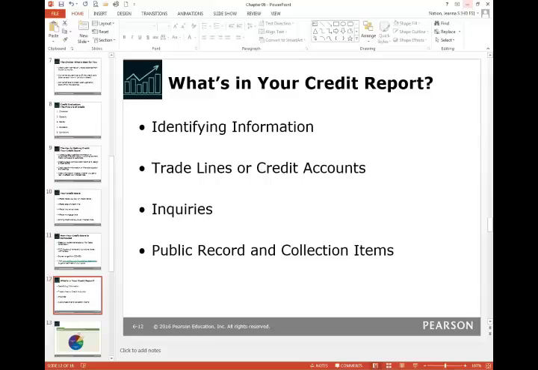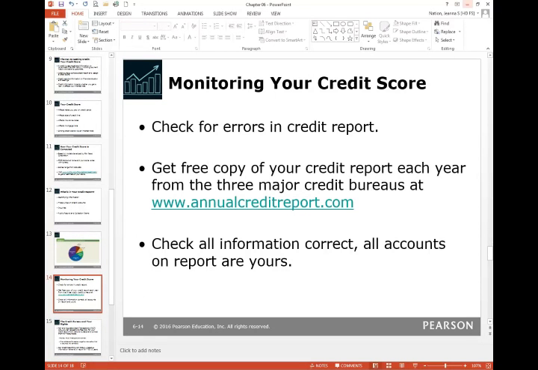It has 4 main categories: your identifying information, which is like your name, your address, employment history; trade lines or credit accounts, or the history for the individual debts or accounts you've had open; inquiries are the people or companies that have been looking at your credit in the past couple years; and then the last category is public record and collection items. So if you've been sued, if you have any items that are put in collections, those are listed there. So when you're reviewing all of this stuff, you need to check for errors. Typically you'll find these in your credit report, but they'll impact your credit score in the long term.